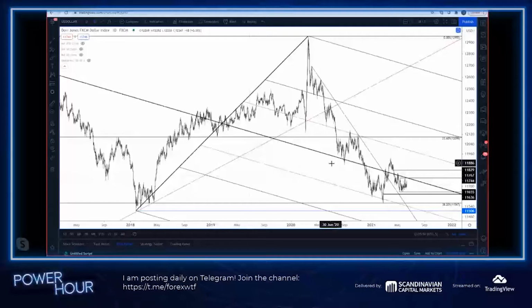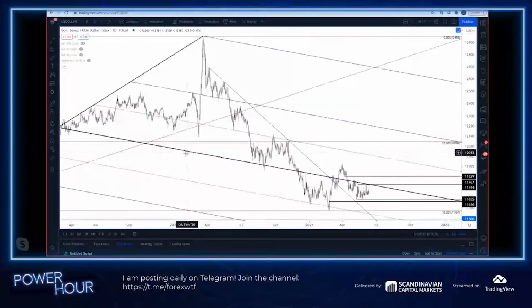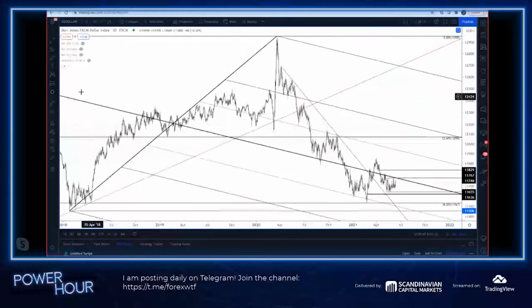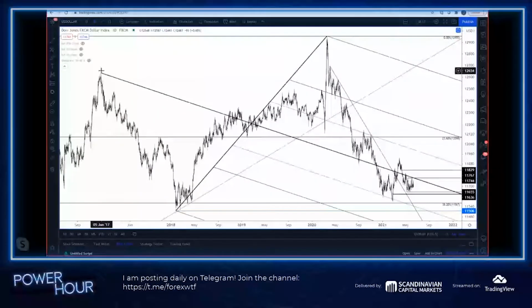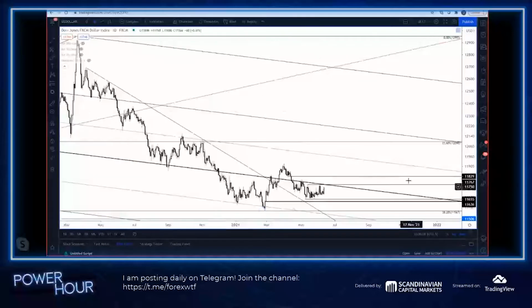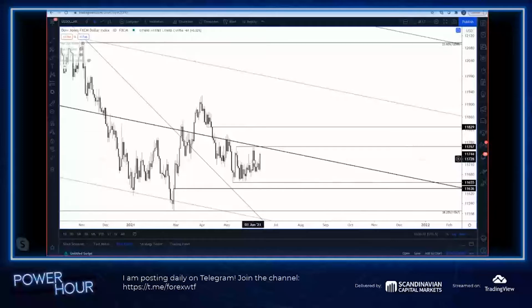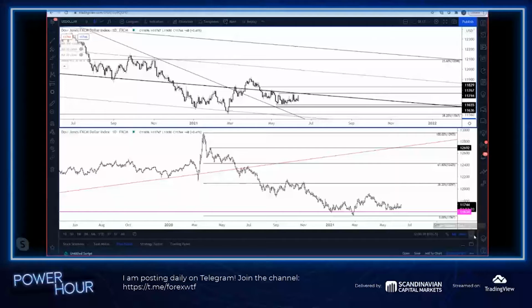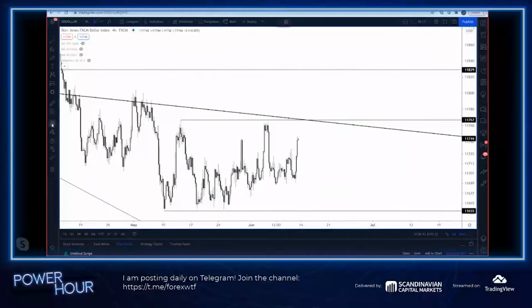US dollar. Again, just a giant base. And the trigger for me, has been for a while, obviously, this center line, this median line of the pitchfork that originates back here at that 2017 high. And we're obviously very, very close to that. I believe it was last Thursday when we got close to it. Then the next day, NFP Friday, the dollar got hit against everything. Then we went quiet for this week until today, in which we are back on the bull train for the dollar. So about 11,770 is the spot at which we start to maybe get something really sustained on the upside for the dollar. And again, going back to this 4-hour chart,